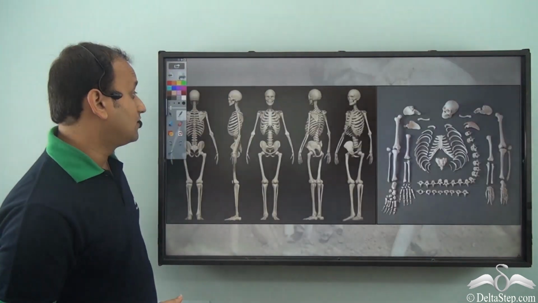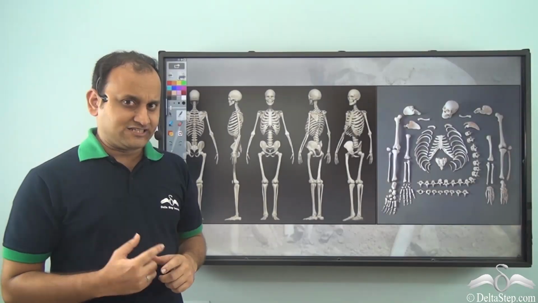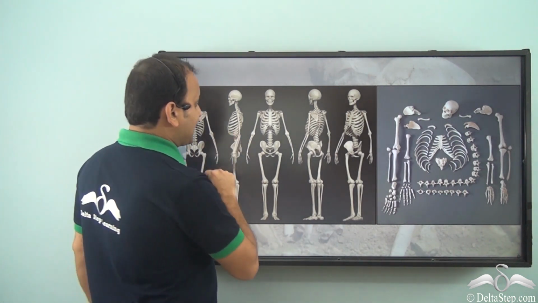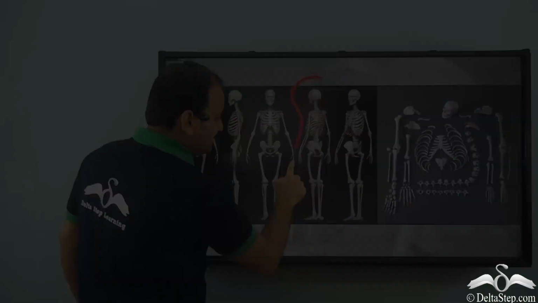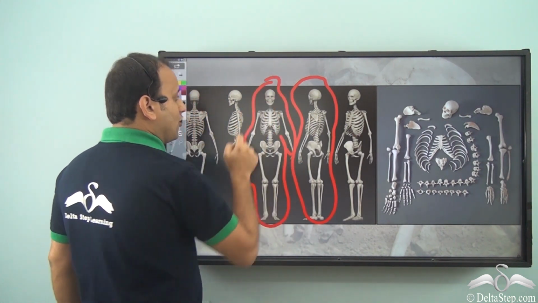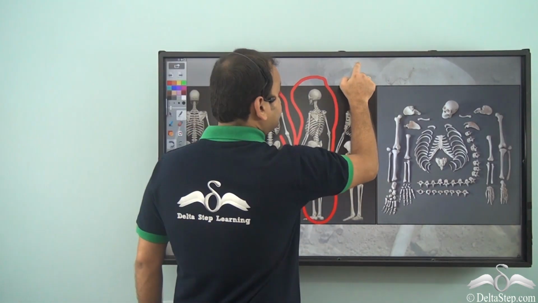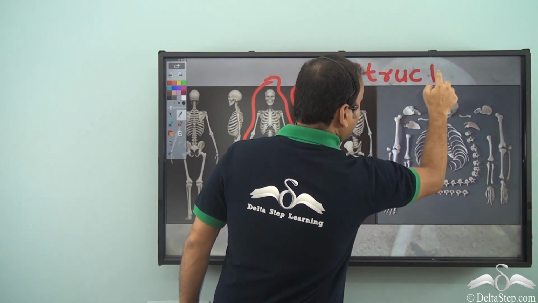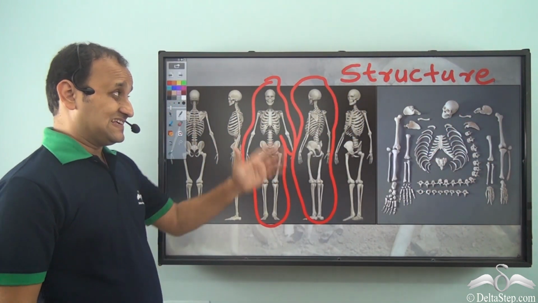Similarly, we have bones in our body. Now, what do the bones do? First thing is they provide structure to our body. So you see, bones are arranged in a manner, and that is why all of us have a form which is very similar to this, because the bones give the form to our body. So the bones provide structure to our body. So one of the main functions is structure.